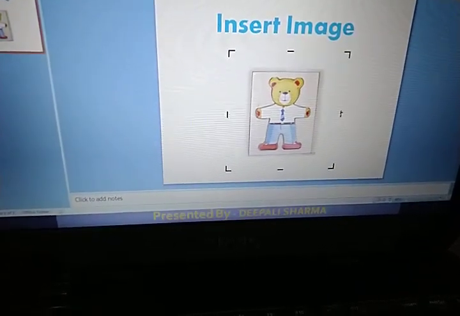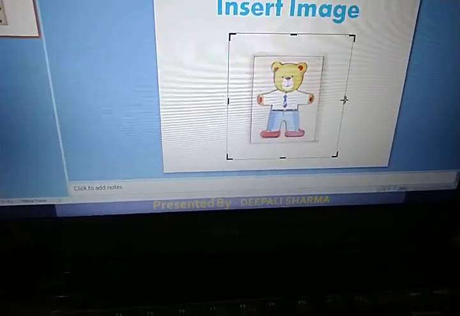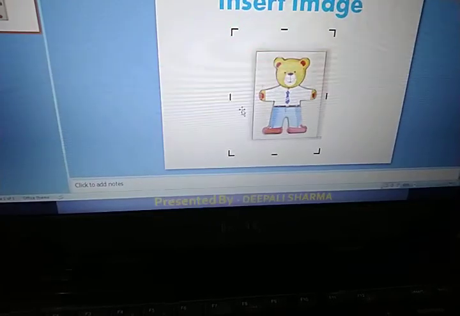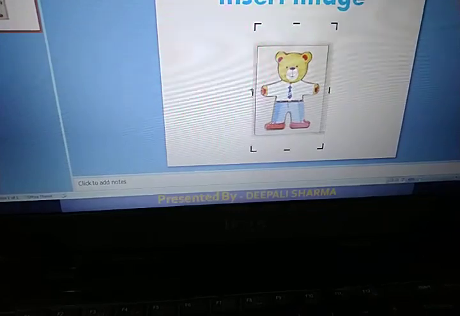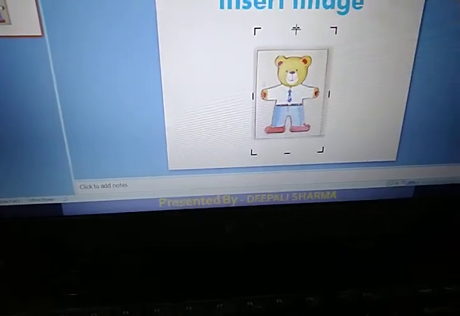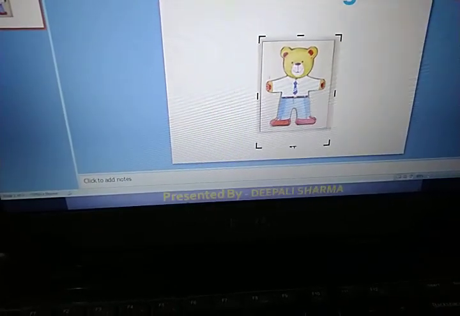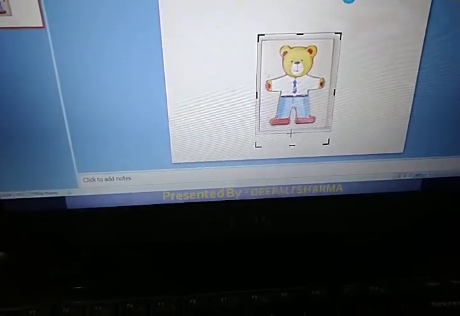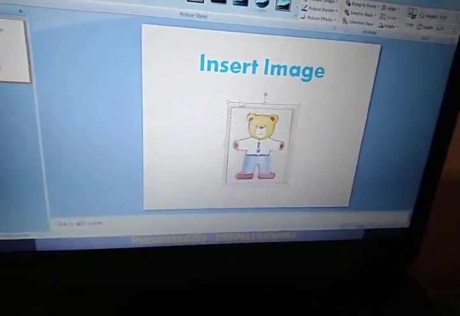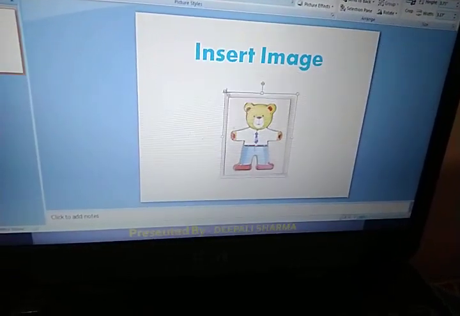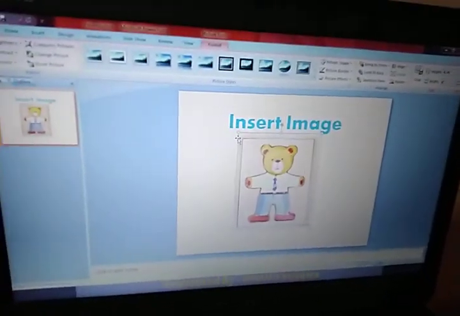So what you want to do is crop your image. You can crop it this way. Fine. So my cropping is almost done, as you are able to see here. From the bottom also I can crop it. Fine. So I guess all of you have learned how to crop the image. Again I want to increase the size of this image, so I can increase it from here.